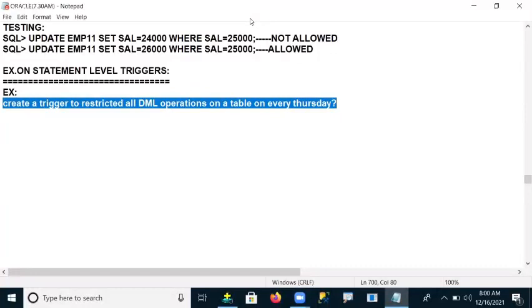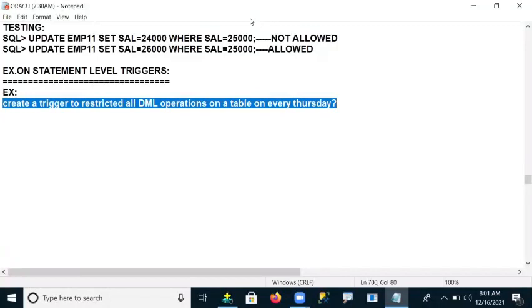So on Sunday, Monday, Tuesday, Wednesday, Friday, Saturday you can perform DML operations on your table. But when the day is Thursday, then I cannot perform DML operations.